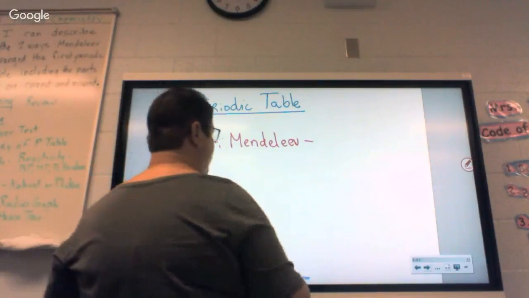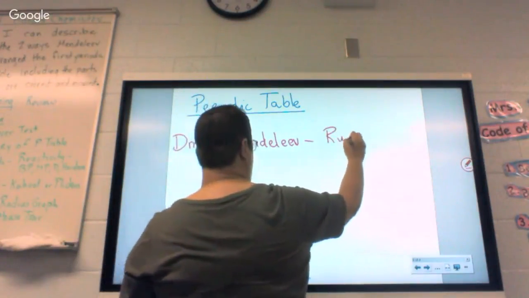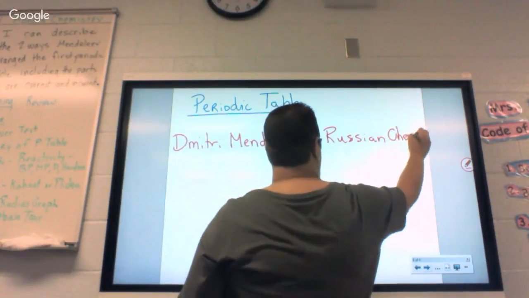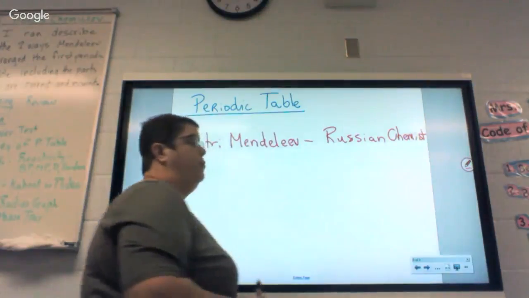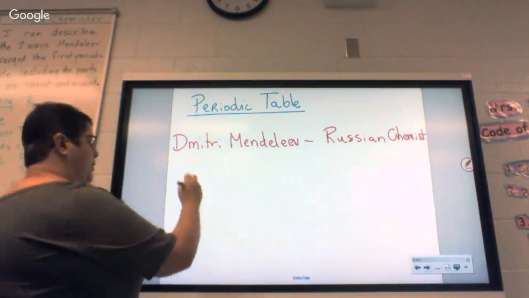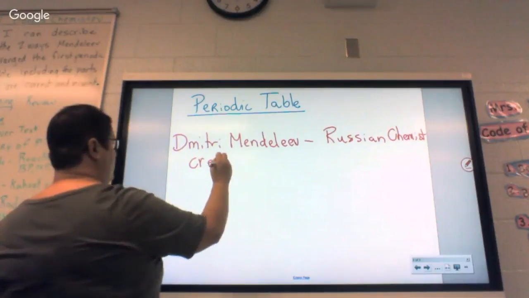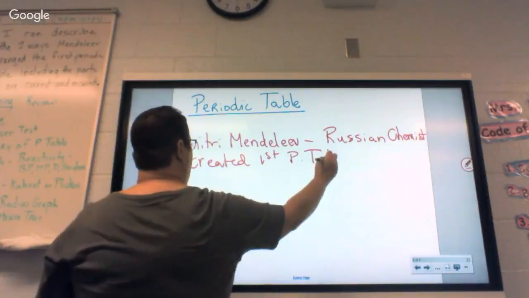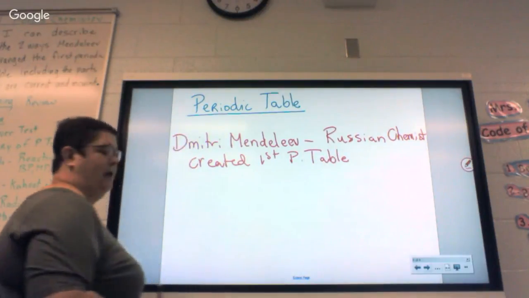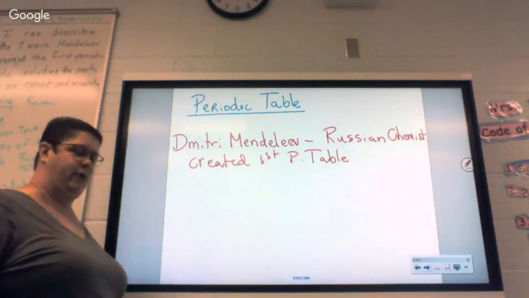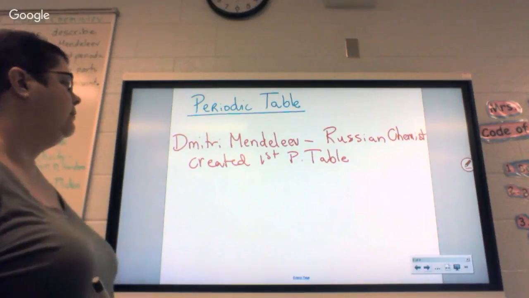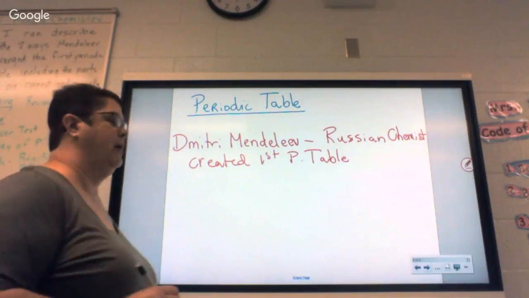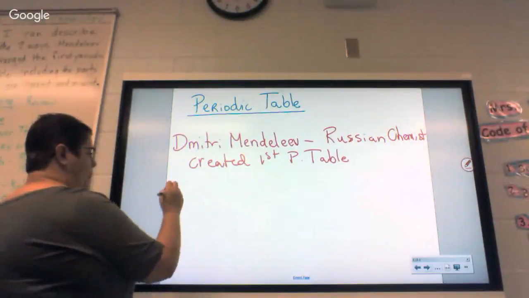Now, Dmitry Mendeleev was a Russian chemist, and he was trying to create a periodic table. I think I have a picture of it. I can't swear to it, but I think I put it under the data set. Now, when he was doing this, I want you to envision this. It's a little difficult to explain, but envision it. He wrote out